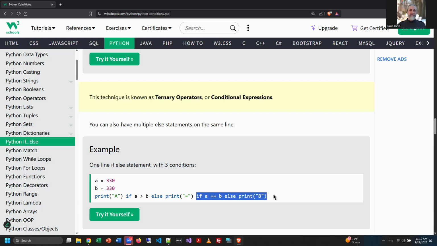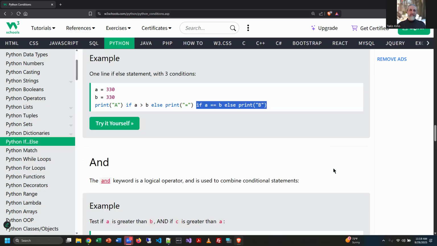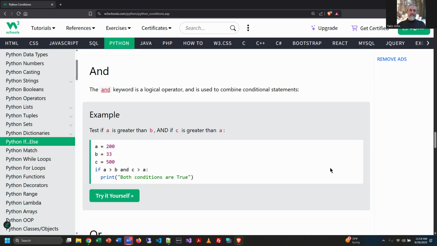And notice how it's just all in one line, right? And so I can have multiple else statements. In essence, that is really what this does. Now, sometimes when we're testing conditions with if statements, we are going to use these keywords because sometimes we really are checking